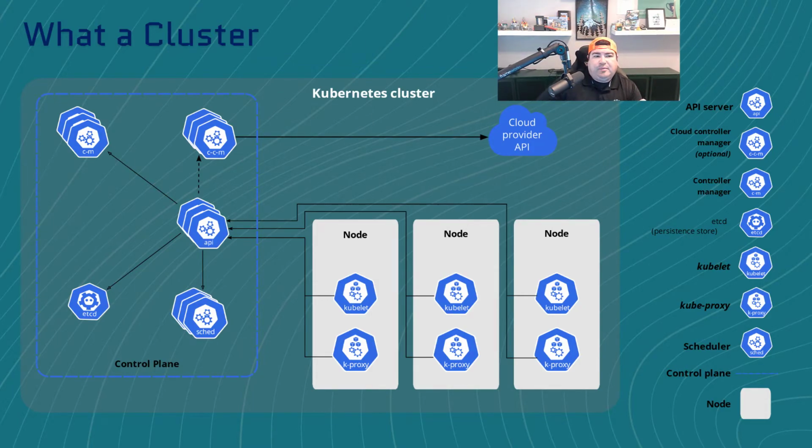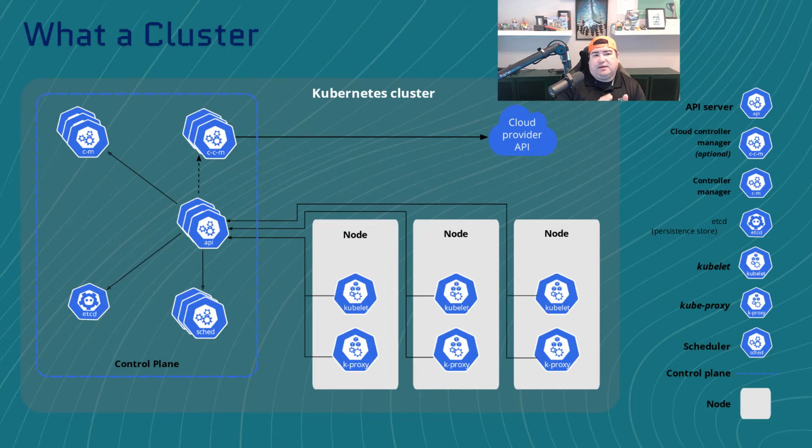Quickly, we've got the Kube API server, right? This API server is a component of the control plane that exposes the actual Kubernetes API, which is how you interact with Kubernetes itself. This is the front end of the Kubernetes control plane. It's designed to scale horizontally. That means it scales by deploying more instances, and you can have several instances of the API server and then just balance the traffic across those instances.